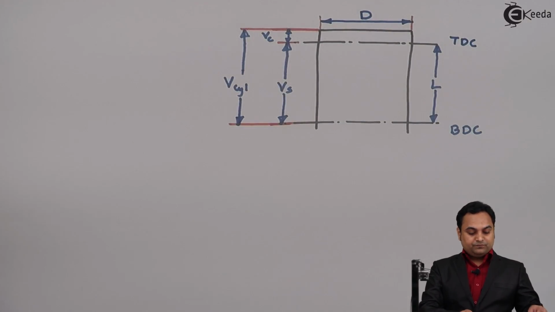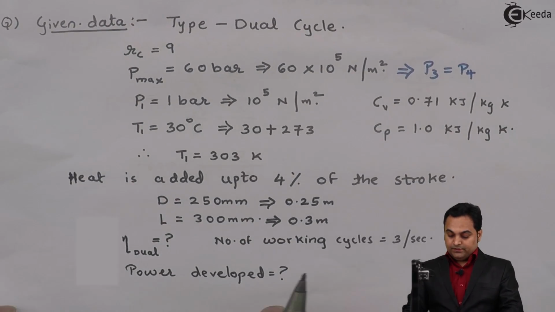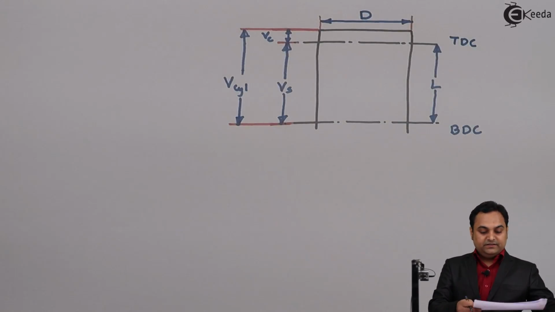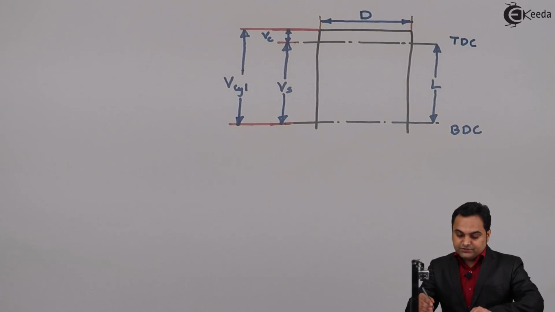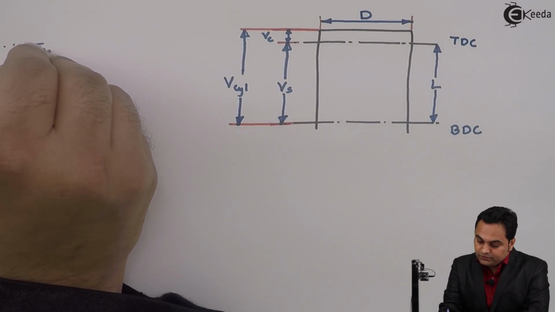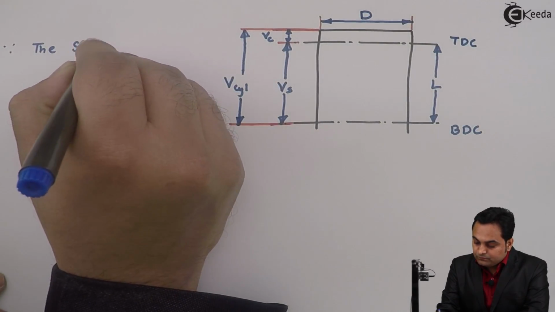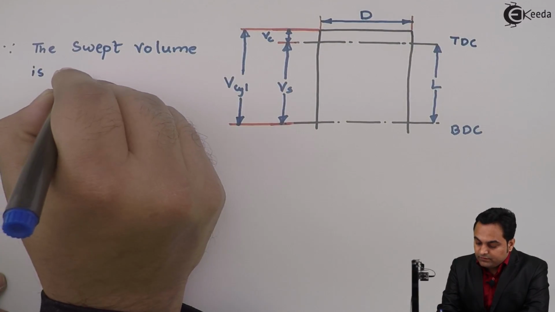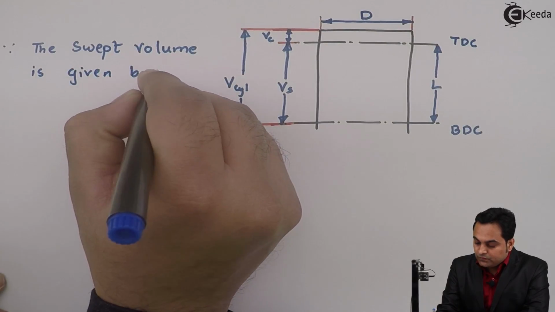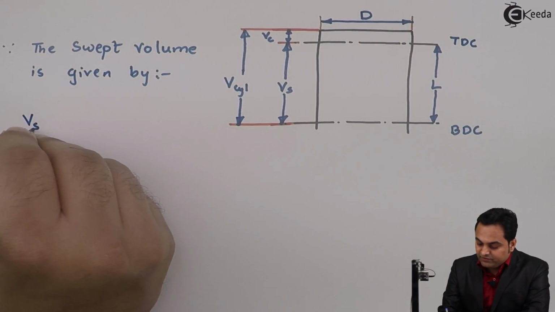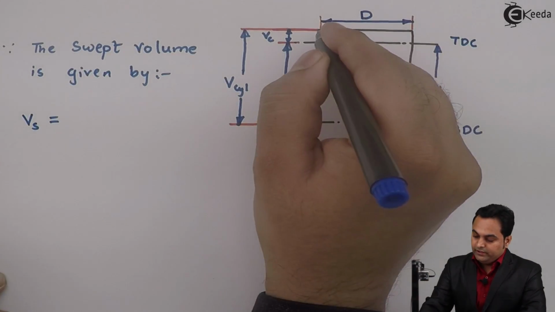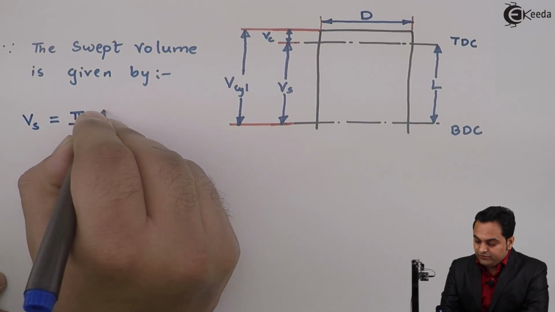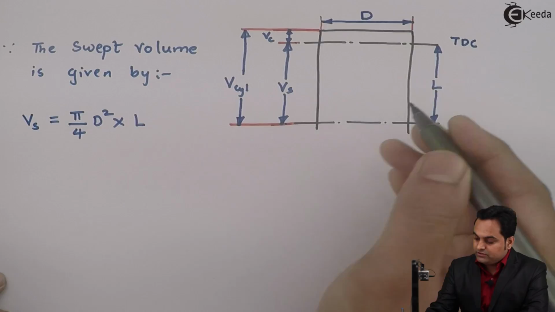In the data, the diameter of the cylinder and the stroke length are given. So I'll say that the swept volume, denoted by V suffix S, is equal to the area of the cylinder, or we can say the area of the piston, that is pi by 4 d square, multiplied by stroke length L,